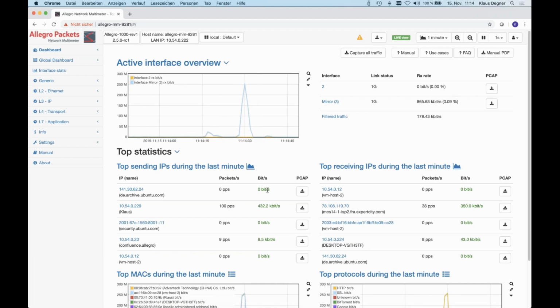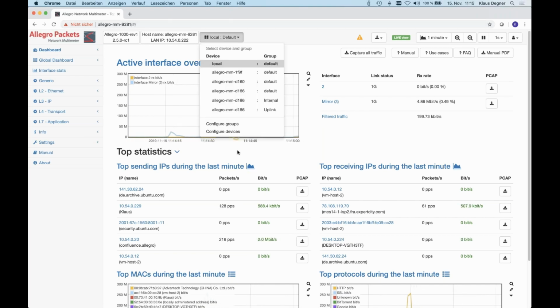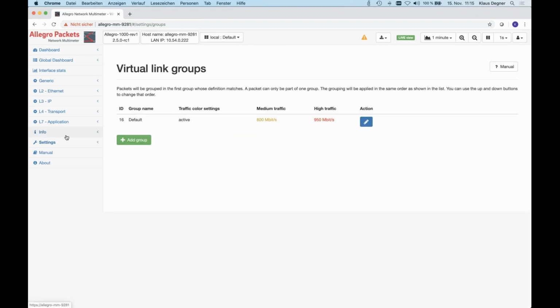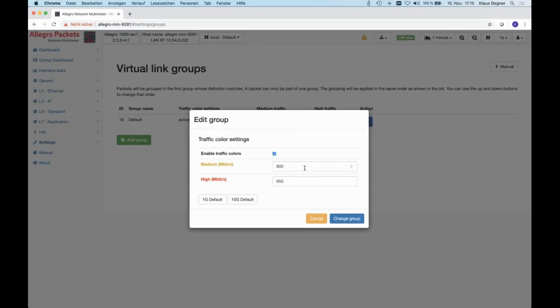If someone uses more than 800 megabit, show it yellow. If it's more than 950 megabit, show it red, so that you see the utilization of that one is close to the link limit. So we added this to the virtual link group feature: you can configure per group easily what the yellow color is, what the red color is, and you can also disable it.